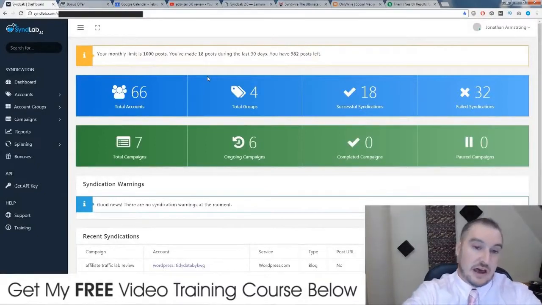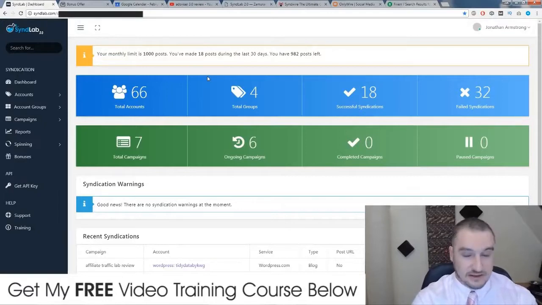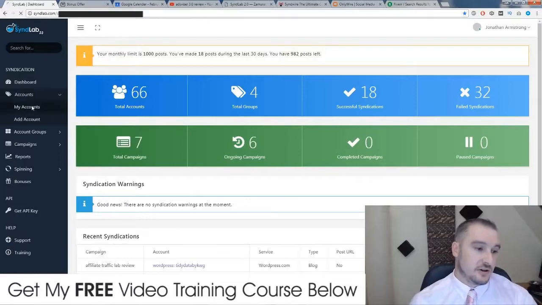Right, so I'm going to go through to the dashboard now, and I'll show you how this works. Okay, it's cloud-based, so you don't have to worry about any compatibility issues between Windows and Mac. There's nothing to download to your computer. You can use it straight away while you're on the go, wherever you are, because it is cloud-based. Okay, so you've got your dashboard, and then you can add your accounts inside the accounts bit here. So if I load up my accounts,